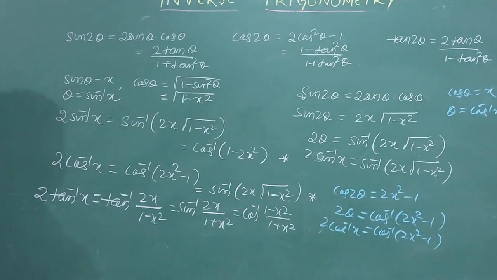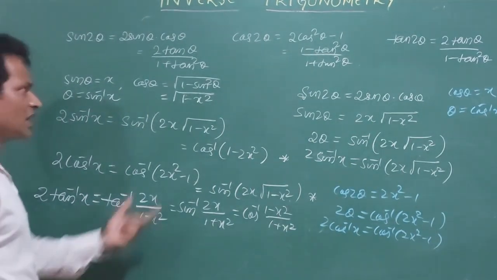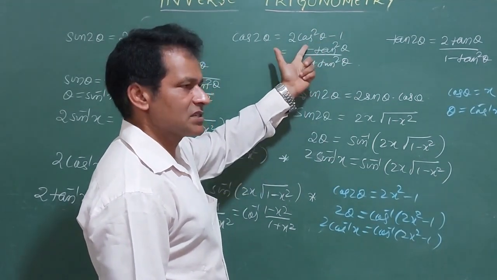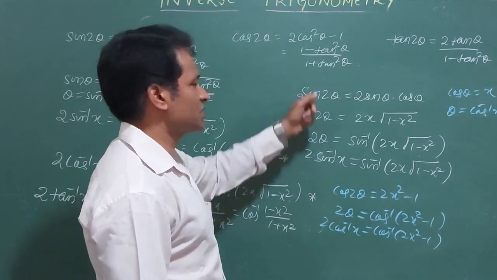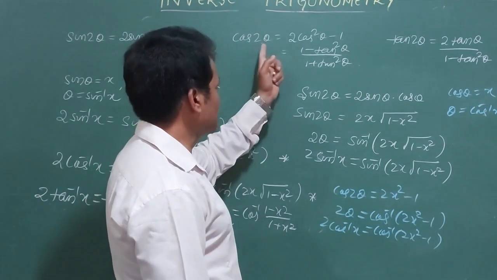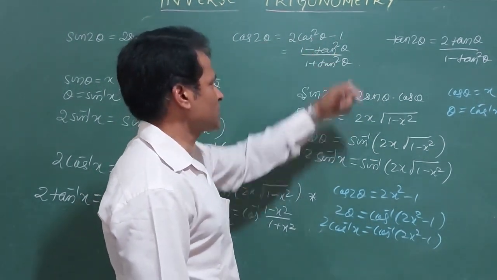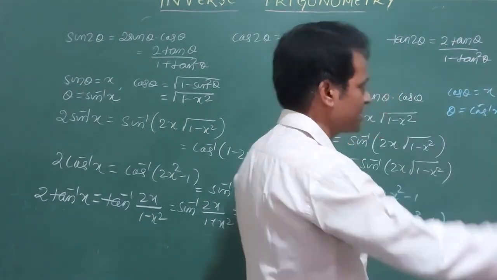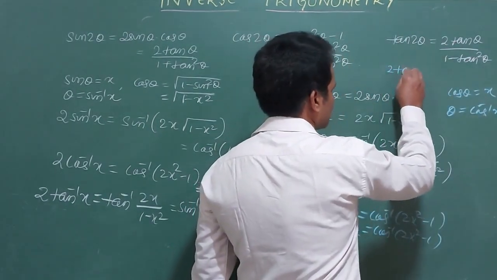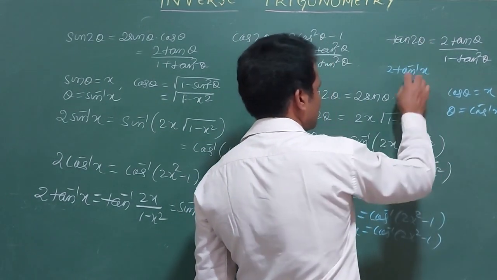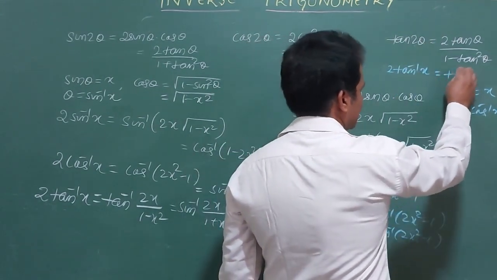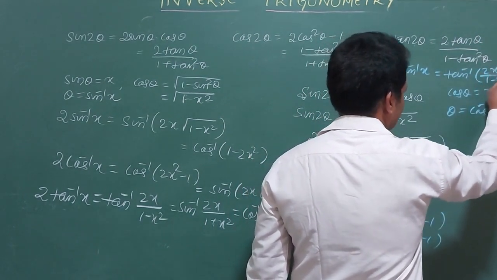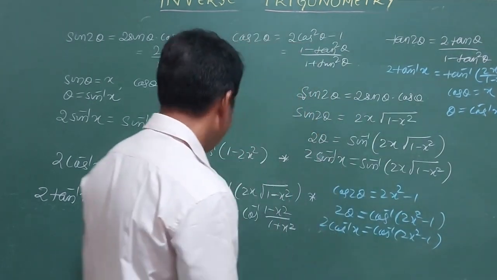You might be thinking, sir, then how to remember it? Look at cos 2 theta. 2x square minus 1. If I take cos theta is equal to x, 2x square minus 1, cos inverse to this side. So 2 theta, 2 cos inverse x, cos inverse 2x square minus 1. Tan 2 theta, 2 tan theta by 1 minus tan square theta. Now you see, you can derive the formula. 2 tan inverse x is equal to tan 2 theta, so 2 tan inverse x, this side tan inverse 2x by 1 minus x square. See, the formula is derived.